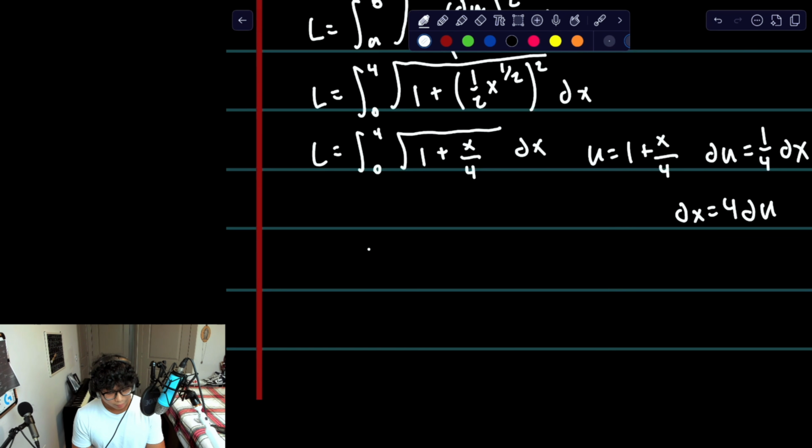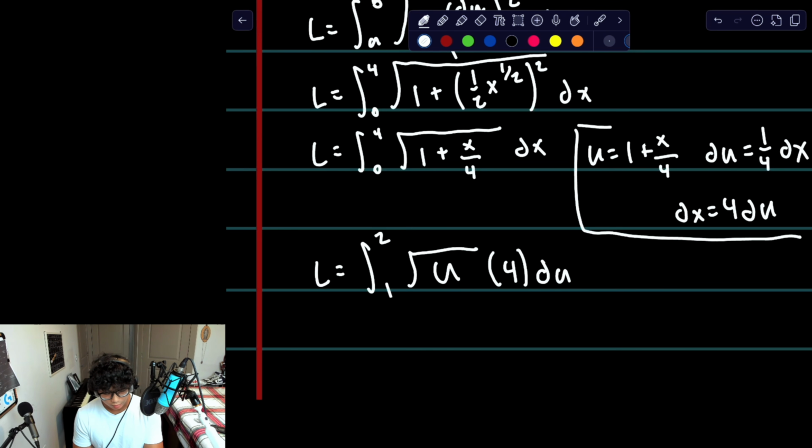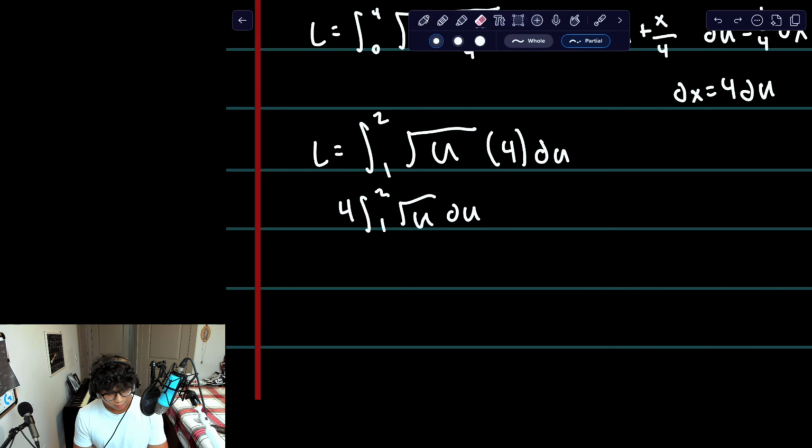Now never forget about our u substitution rules, where our bounds will change in accordance to u. So our lower bound becomes 1, and our upper bound becomes 2. And now we just have the square root of u times 4 du. And again, all I did was just plug in these terms into our integral. We can then take out our 4 and rewrite this square root of u as u to the 1/2, which finally gets us 4 times